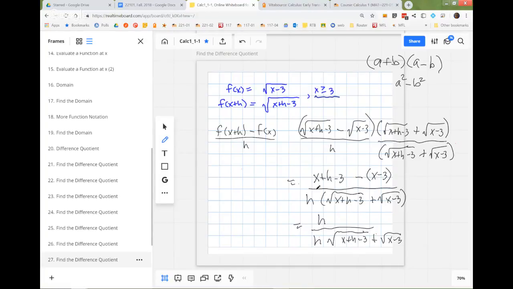Okay. So now we're down to this. Now, of course, you can cancel those h's. That's the big thing. Remember I said you always got to get those h's to cancel. And the difference quotient is